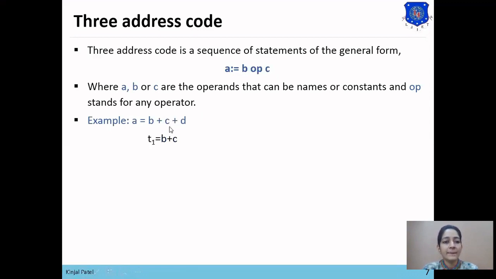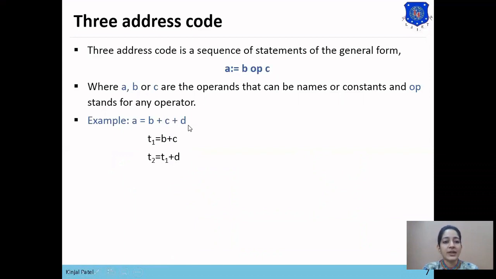So first, B plus C equals to T1, means B plus C will be added and stored in the T1 temporary value. Now we want to add this T1 value to D. So T1 plus D equals to T2, means the result of T1 plus D will be stored into T2.